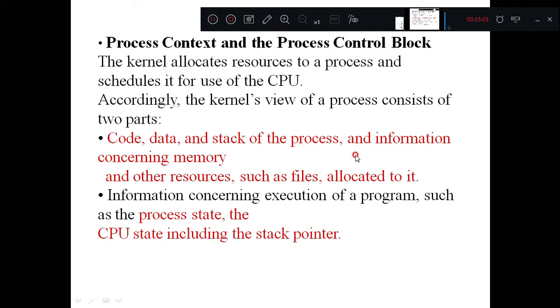So here we are going to see what is a process context and the process control block, right? This is very important. Once the process starts executing, how will the operating system come to know the state of the process, or which process has completed its execution, because there are a number of processes running in a computer system? How will the operating system identify whether that particular process has requested resources, or whether it has been swapped out of the main memory, or it has finished its execution, right?